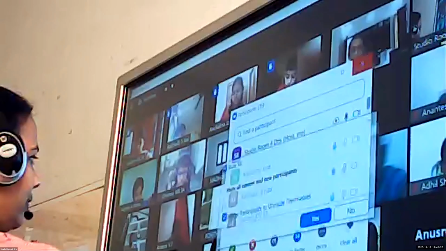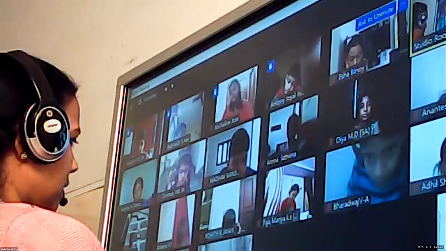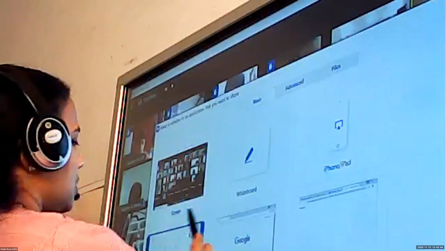Ma'am, and the lowest term is 1 by 4. Lowest term, no. We just find the HCF, okay? I have not given any fraction; these are only numbers. This is not a fraction. In a fraction only we will find the lowest term.